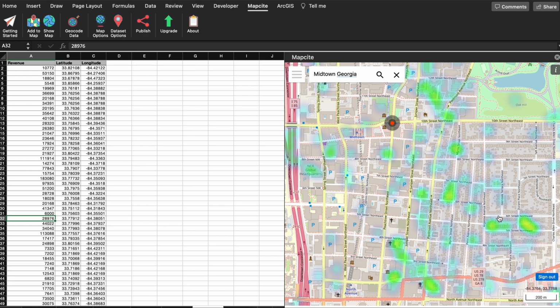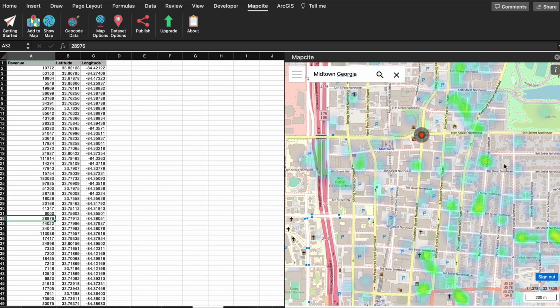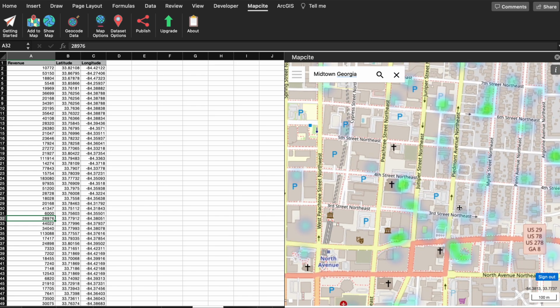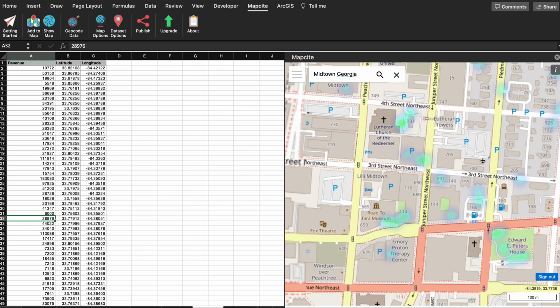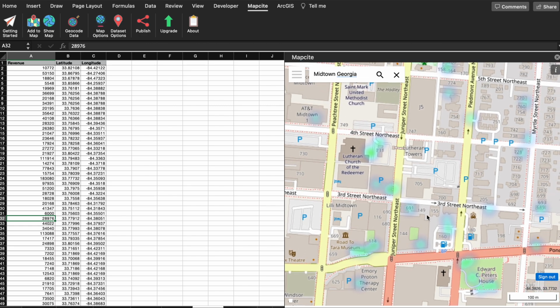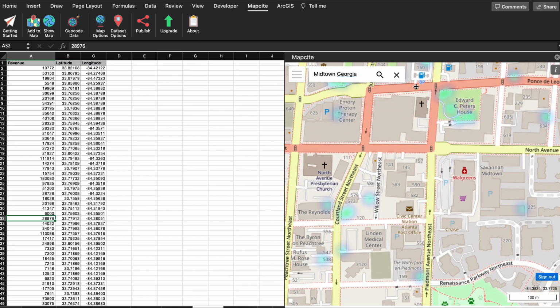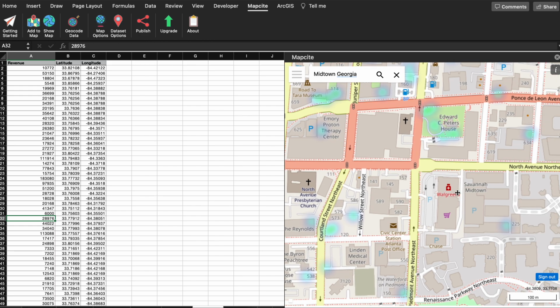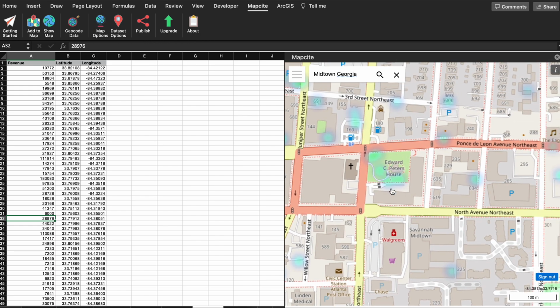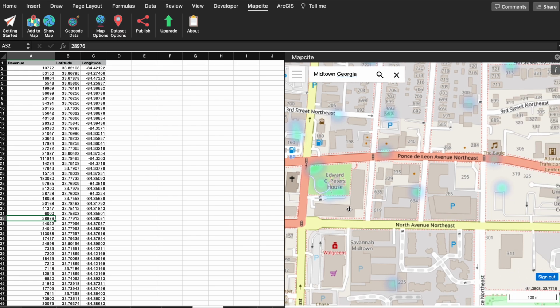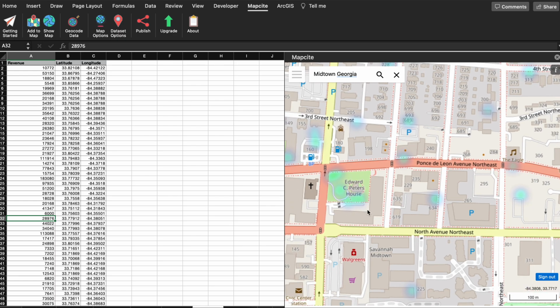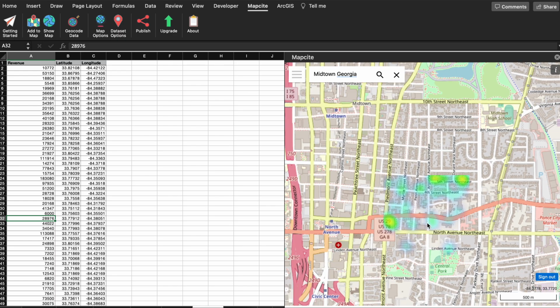This area is bringing a decent amount. This area is a little bit lighter, so it might not be the best area for Airbnb, and we can kind of zoom in and take a deeper dive look. So if we zoom in and we see that, okay, we have a handful of listings. So this kind of looks like apartment buildings. And then we can kind of look around and say, okay, they have a church over here, Walgreens. They have probably, I'm not sure exactly what that is, Edward Peter House, not sure.